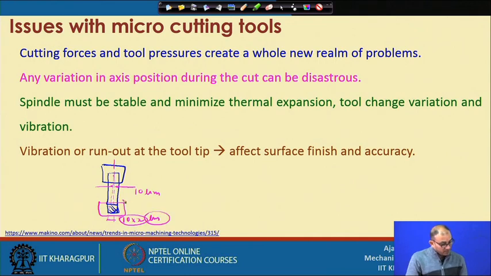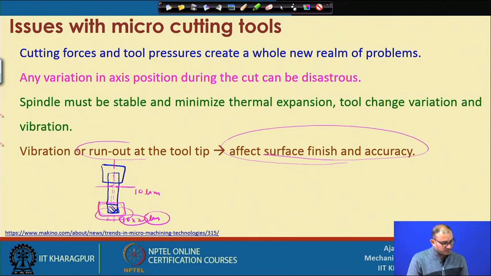So, this particular run out, what is important is that we have to measure the run out at the tool tip, not at this location, because here you will get some run out, but this reading will be misleading. So, that is the reason that always measure the run out at the cutting edge, because that is the actual run out and that will play an important role in the machining zone. So, that will directly affect your surface finish and the accuracy,